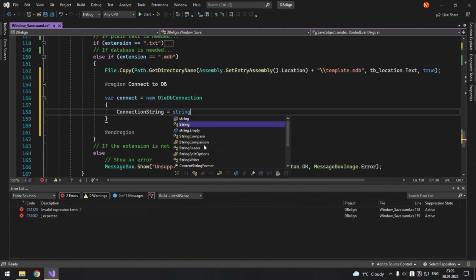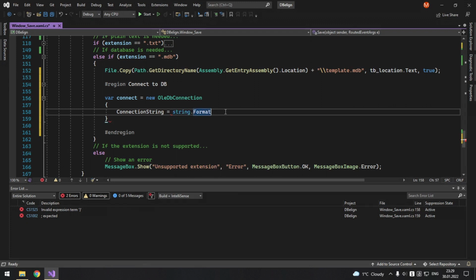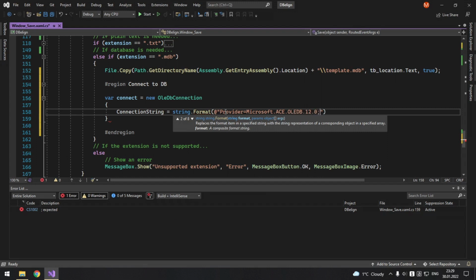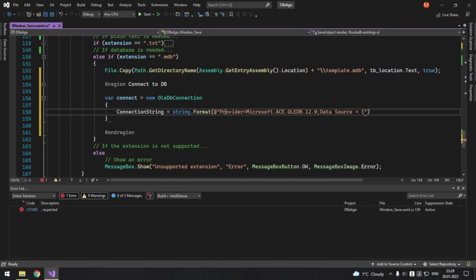So let's use string format, although I prefer string interpolation, but this will do as well. So at Provider equals Microsoft.ACE.OLEDB.12.0; Data Source equals a parameter that we will pass, and Persist Security Info equals false.